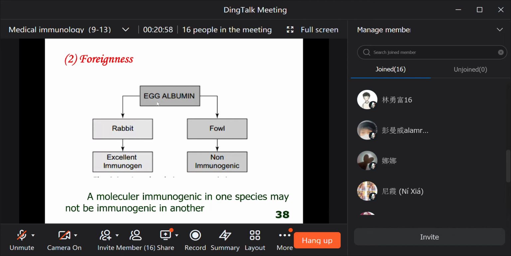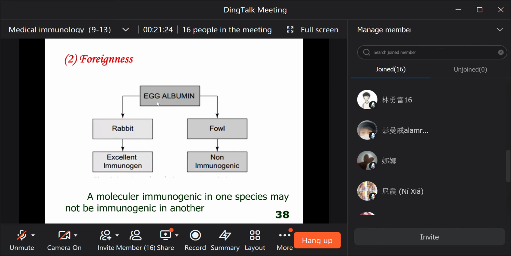I think it's very easy to imagine that after the egg albumin is injected into the rabbit, it will induce a very strong, excellent immune response, but the egg albumin injected into the fowl